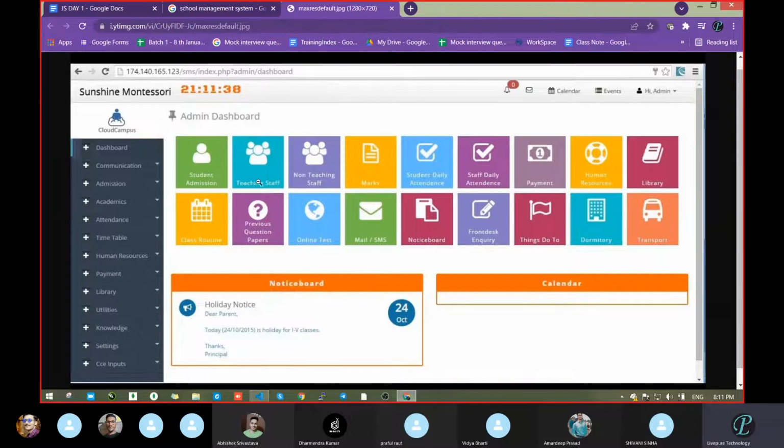Just imagine all this design, whatever you see on the top. Can you design this or not? Yes, sir, because we know HTML, CSS, and Bootstrap, so we can design this. But when you click on the online test section, you have no idea how the question paper will come, how it will get corrected, how it will be verified. Those are all performed with the help of a backend language. So there are the terms front end and back end.